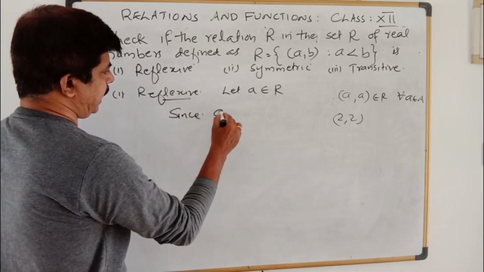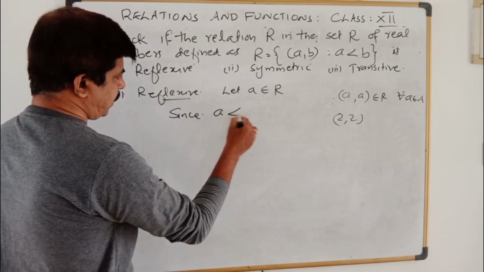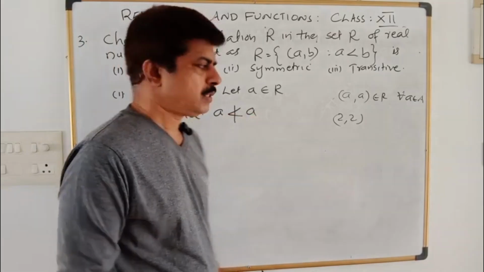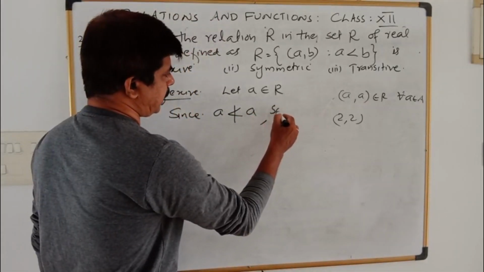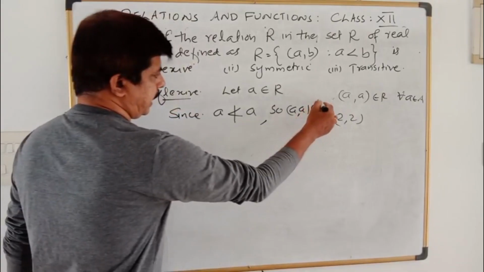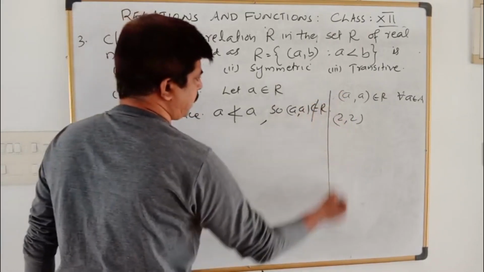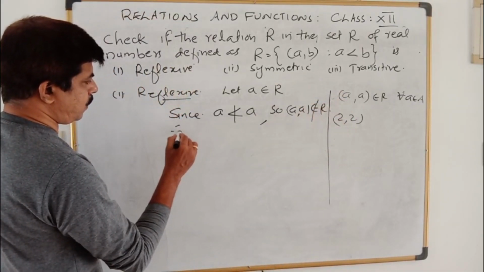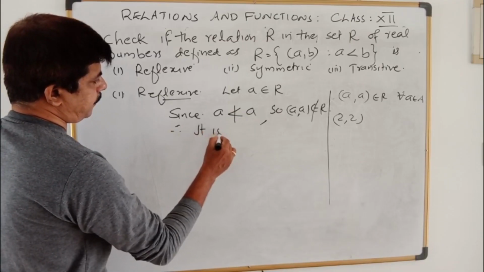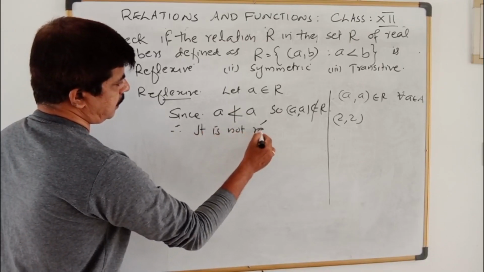Since A cannot be less than A, AA does not belong to R. Therefore